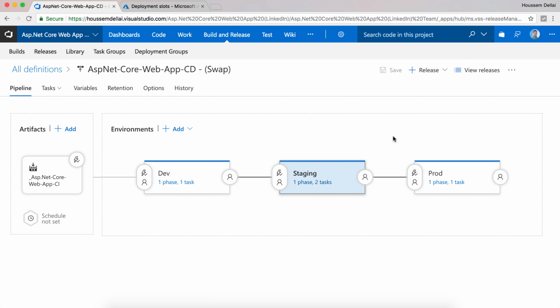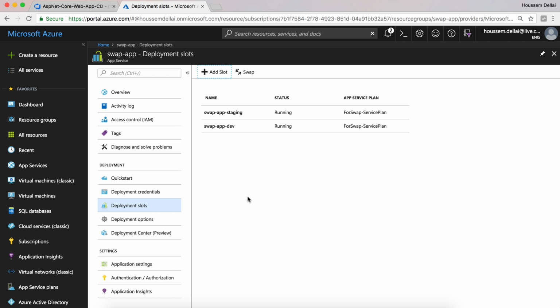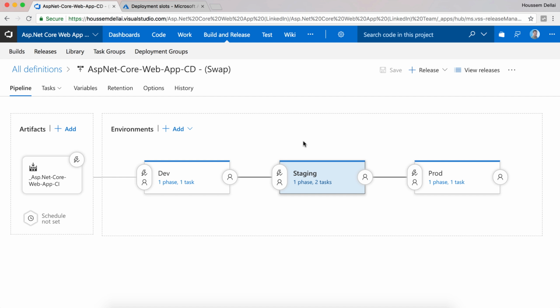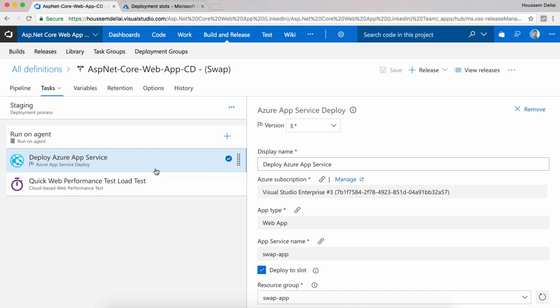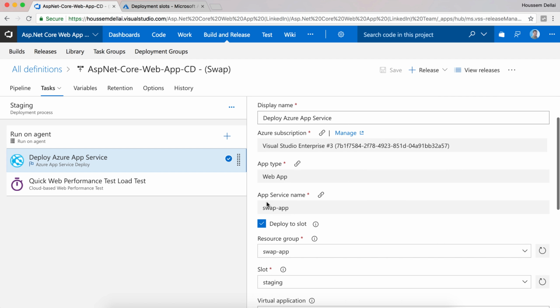In this demo, we'll learn how to swap a web app on Azure from the staging to the prod environment. So here I have defined both environments, and from Azure right here I have created a web app with 2 slots. Right here I have a staging slot, and I also have the dev slot. In the staging environment in VSTS, I have 2 tasks. If I take a look at those tasks here, in staging, I'm deploying the web app